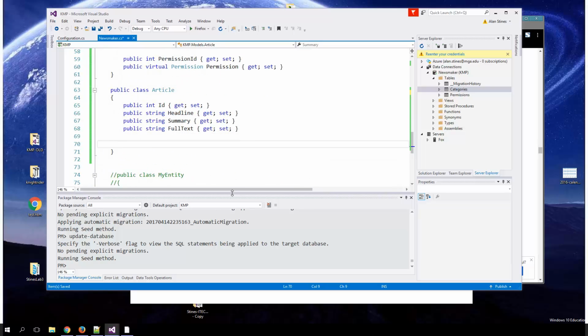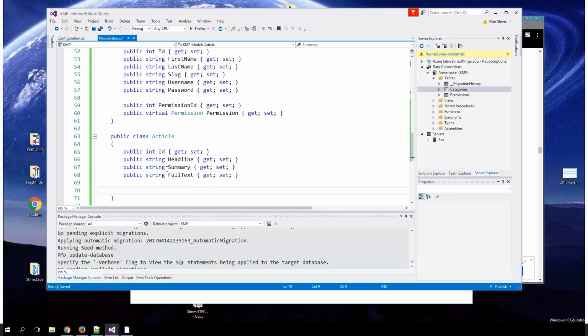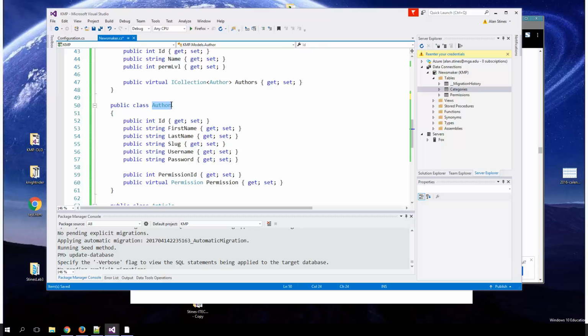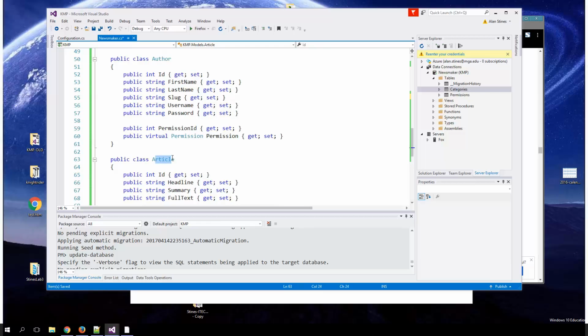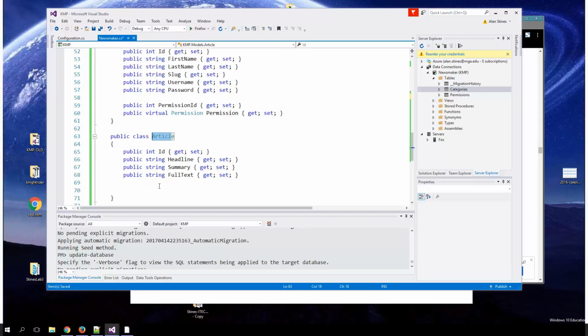So an article is going to be written by one author. That again is kind of a one-to-many relationship: an article is going to be written by one author, but an author can have written many articles. So just sort of how those worked, that's also going to work here. An article is going to be written by public int. We need the integer of the primary key to the other table. So that's a public int AuthorID,